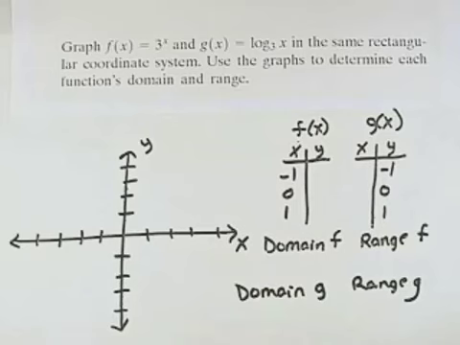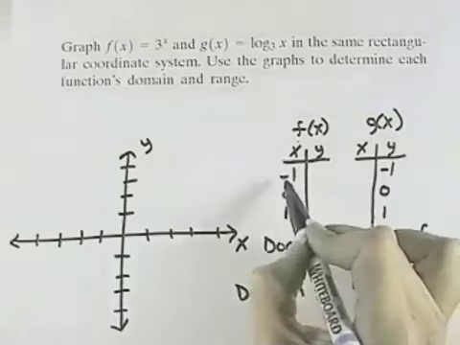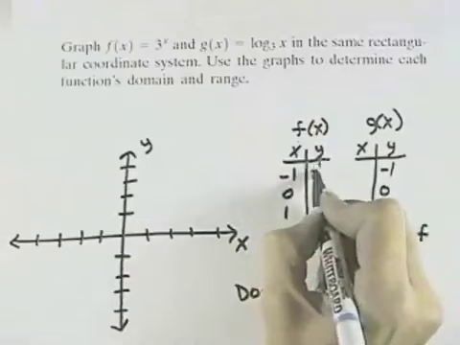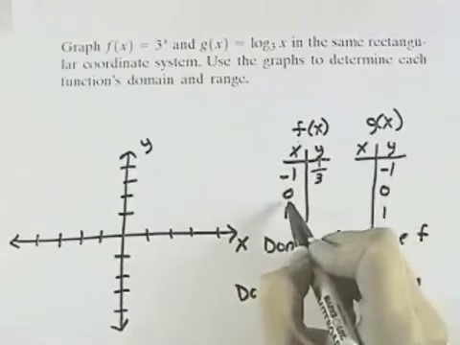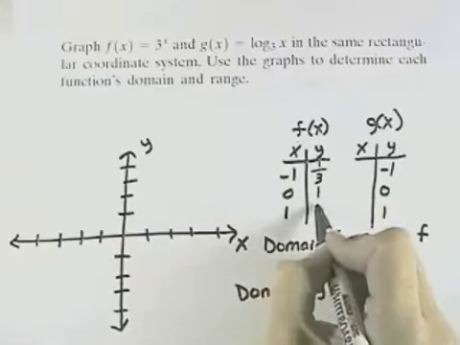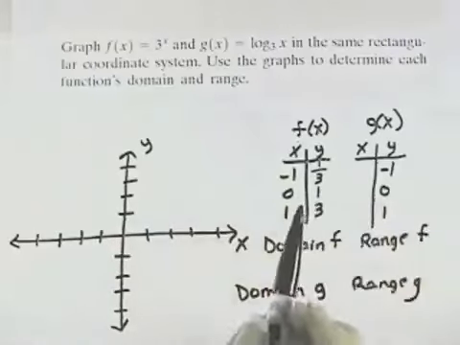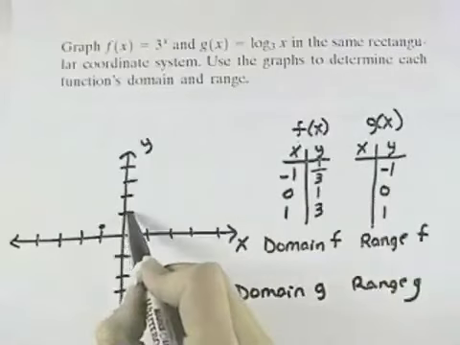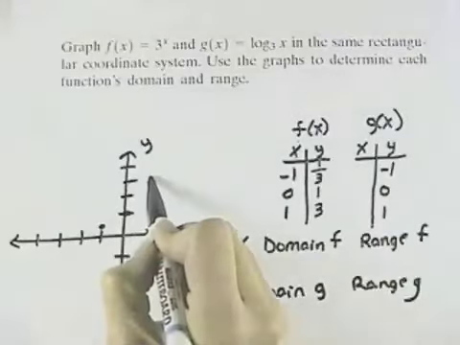Well, for f of x equals 3 to the x, I can substitute the exponents in for x to find 3 points to plot. When x is negative 1, I have 3 to the negative 1, which is the same as 1 over 3. When x is 0, I have 3 to the 0, which is just 1. And when x is 1, I have 3 to the 1, which is 3. So for the first graph, I have the points (negative 1, 1/3), (0, 1), and (1, 3),